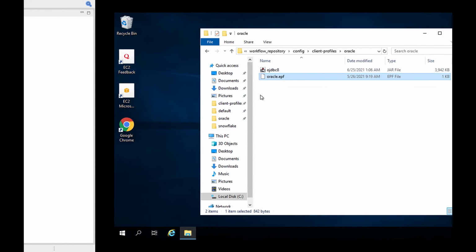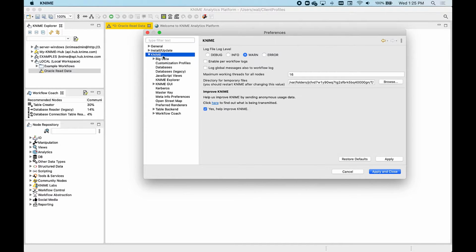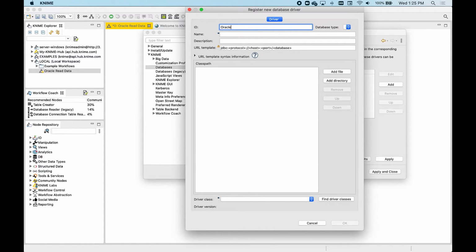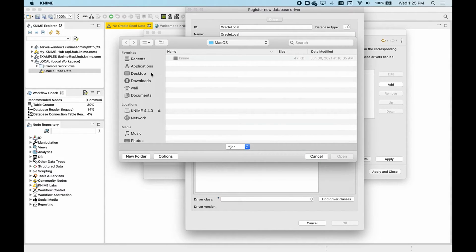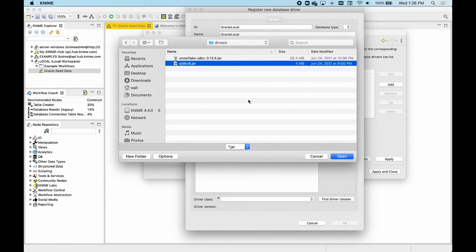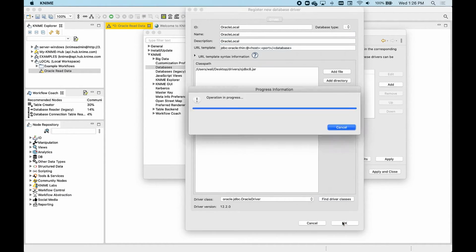But the easiest way to get these settings is from our analytics platform. We can upload our driver to analytics platform by going to Preferences, Knime, Databases, and clicking Add. Here, we'll provide our driver ID, name, and description of Oracle Local so that we know this is our local copy. Set the database type to Oracle. Next, we'll click Add File to upload our driver. Click the Find Driver Classes button to scan for our driver class, then click OK and Apply and Close to